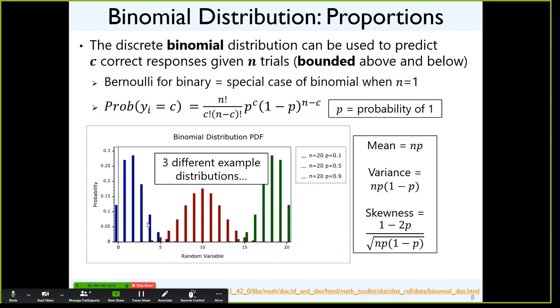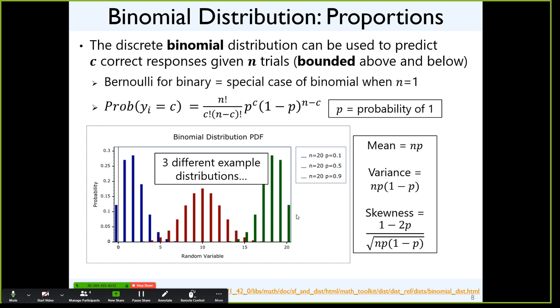So here are 3 different examples. The blue lines show what a distribution would look like according to this formula, which is up here, if you have a proportion likely of getting something correct of only 10%. So most of the people are clustered around here. These people don't have any trials correct. Very few people have any more than 5 trials correct out of 20. So this would be what's known as a floor effect, where you have a bunch of people sort of shoved at the end because they can't go any further. You can't have a negative proportion correct. You can only just have 0.